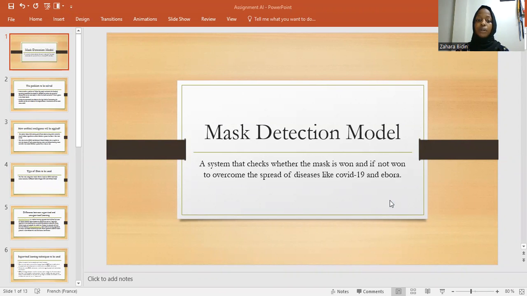Today I'm going to talk about a mask detection model. A mask detection model is a system that checks whether a person is wearing a mask or not. And I came up with this due to the high levels of contracting COVID-19 generally in the whole world, and